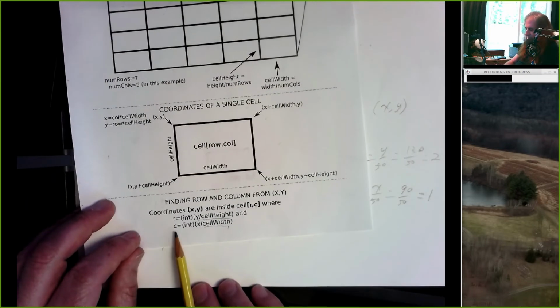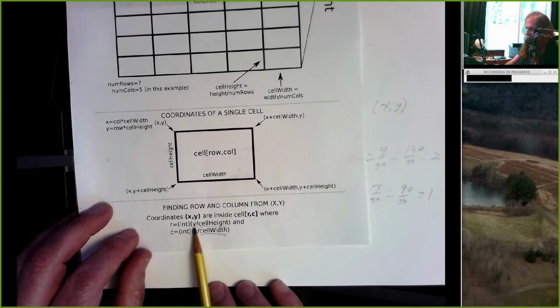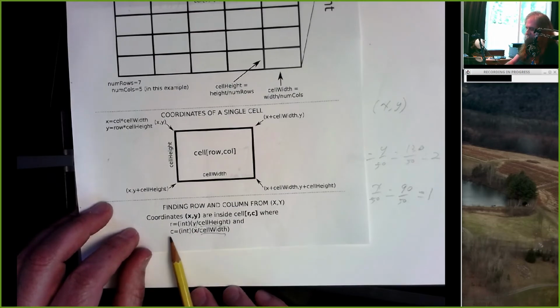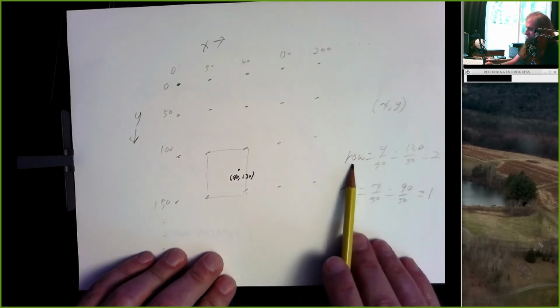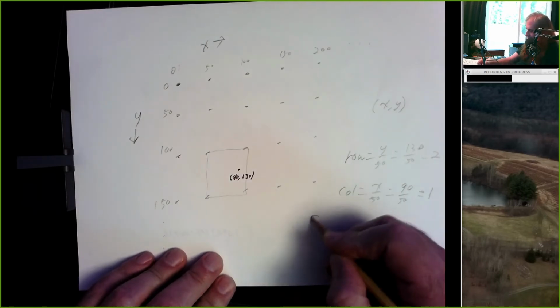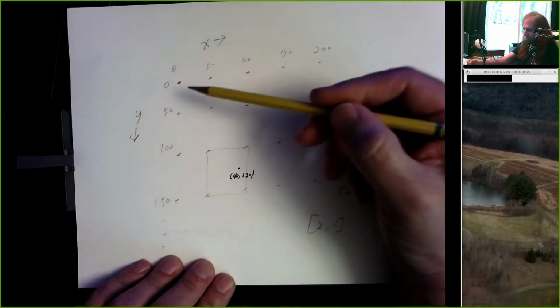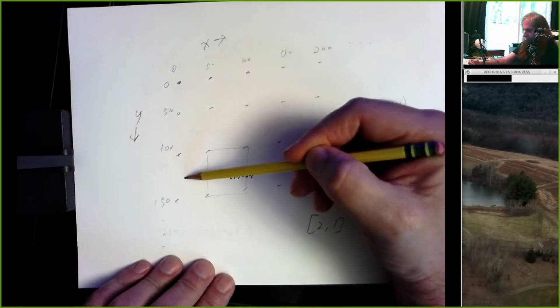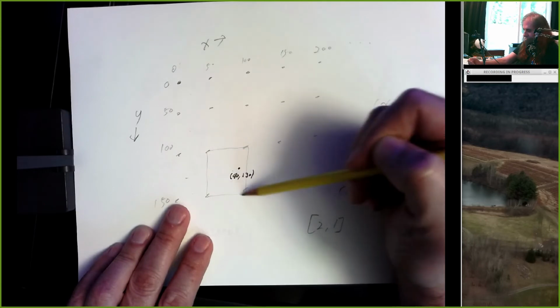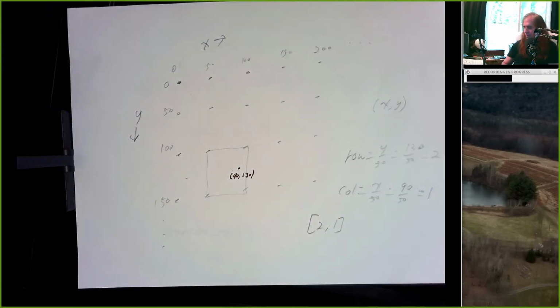Alright, so these two lines here, you can use that to take an XY pair and figure out a row and a column. And so in this case, we've decided this is row 2, column 1, which I would write like that. And so sure enough, row 2, column 1, there's our box. All right, so that answers the question, which box? The next question is,